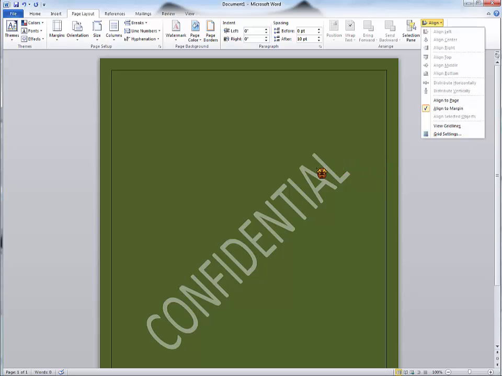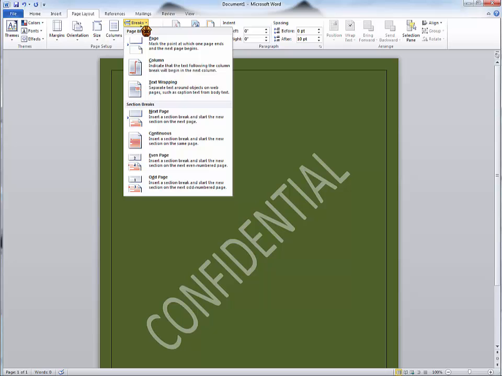And there are a lot of features you can find here in the Page Layout tab that you can feel free to play around with, say the line breaks, section breaks, and others, and themes that you can specify in order for you to format and make it look as good as possible.